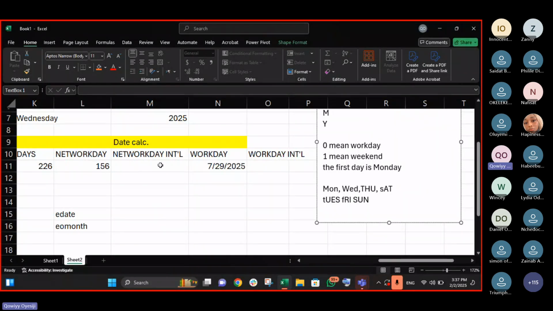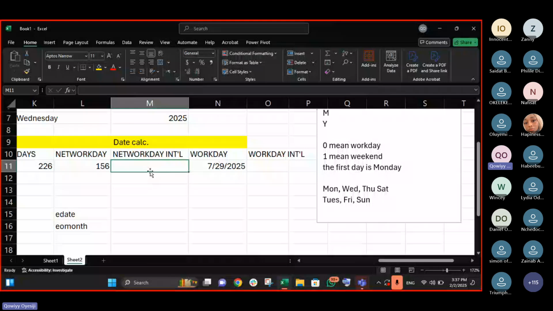Let me type it this way: Monday, Wednesday, Thursday, Saturday will be our work days, then Tuesday, Friday, and Sunday our weekend.